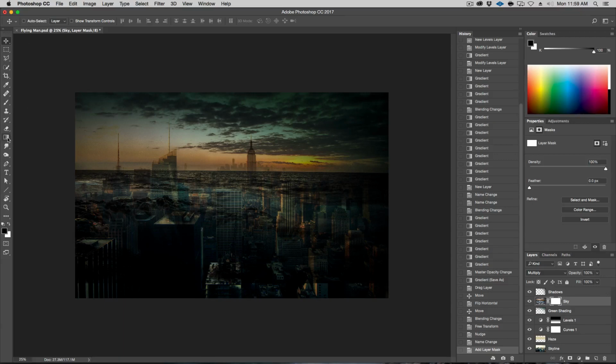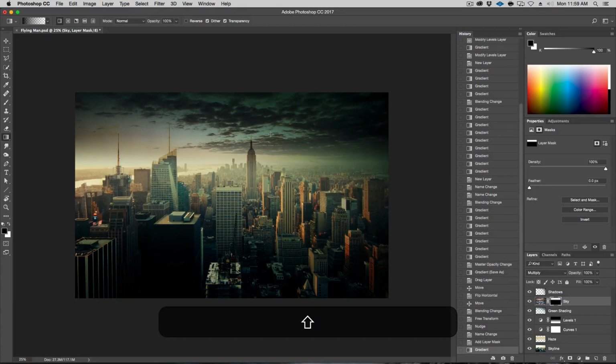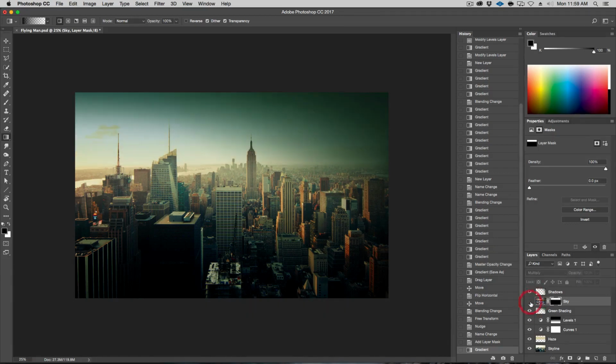All right, so let's just call this sky, and then add a layer mask, and just take the gradient tool, and on the layer mask, let's hit D for default, inverted so it's black in the front. All right, and then just go right above the horizon, and go a little higher like this. There you go, that's simple. I'm basically hiding the whole bottom bit. You see, and it's just the clouds showing.